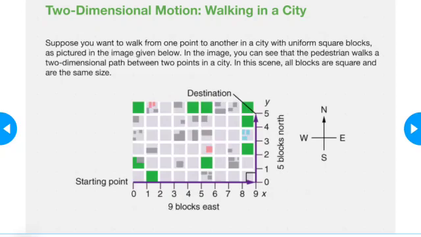Okay, so for this one here, we're looking at beginnings of two-dimensional motion. So here you can see that we have a couple of motions in a city block, and you can see that one of them is 9 blocks east, and then they turn and go 5 blocks north. So without drawing anything on here, I'm going to draw on here myself, but you don't have to draw anything